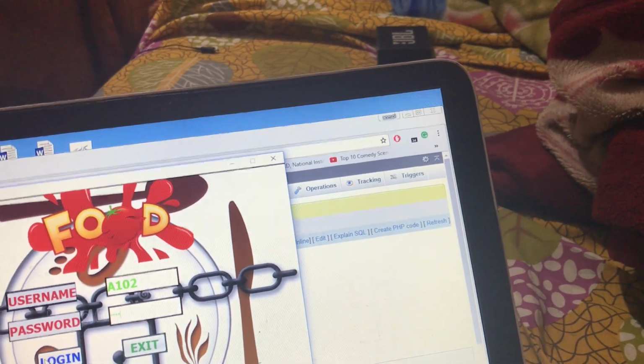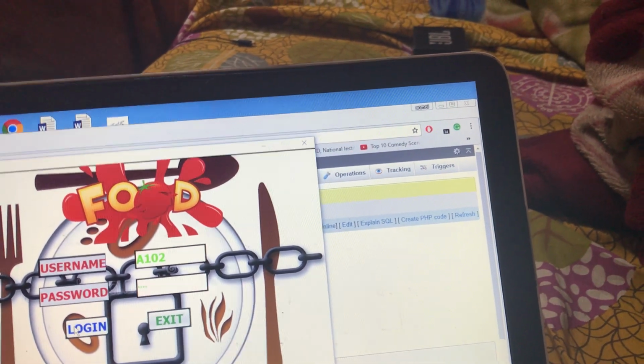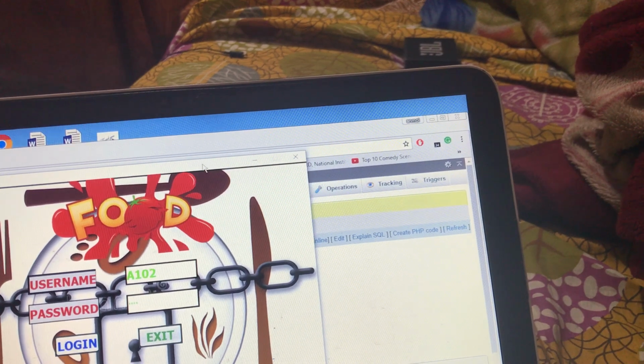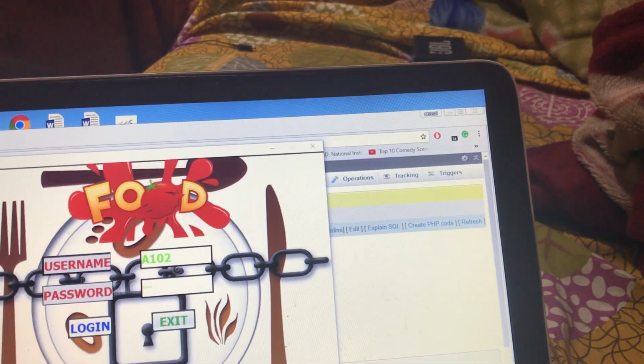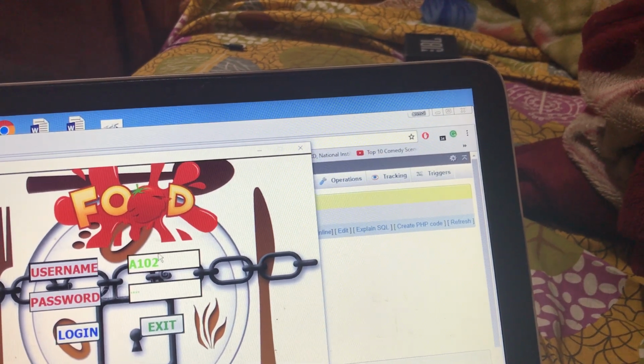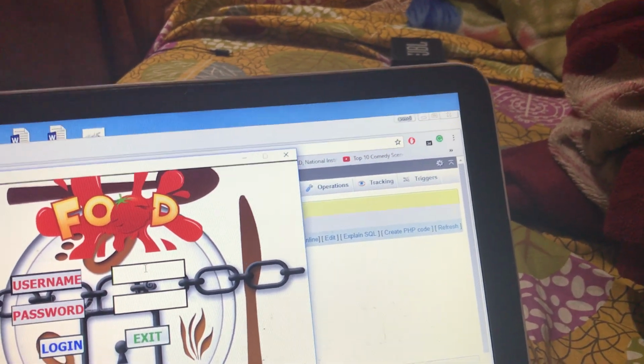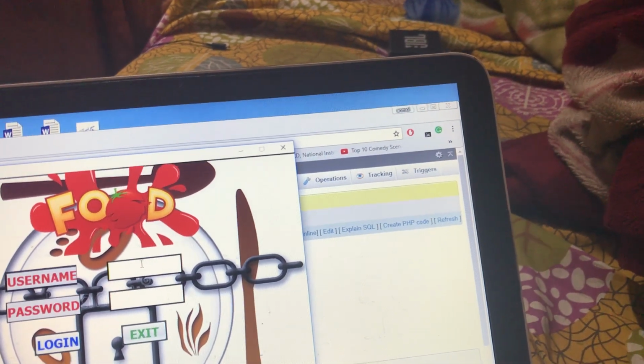A102, if I click on login, it doesn't work. Why doesn't it work? Because there should be a message for it. I'll just show you. There should be a message. It doesn't work, so you have to enter the correct login ID and password again,